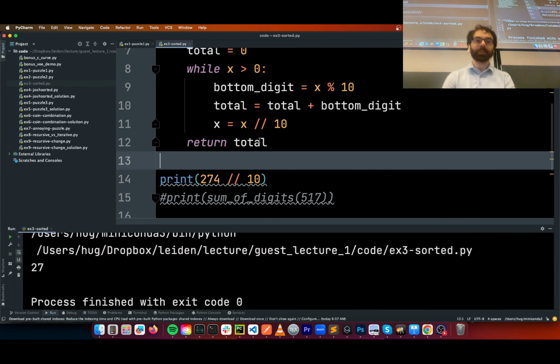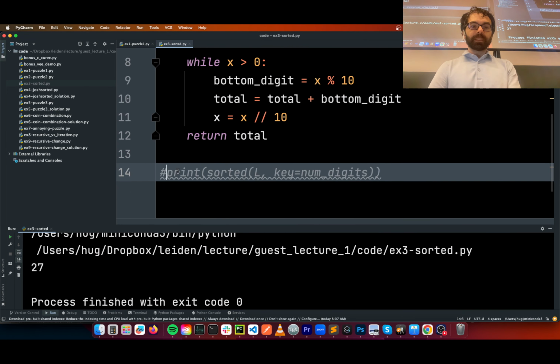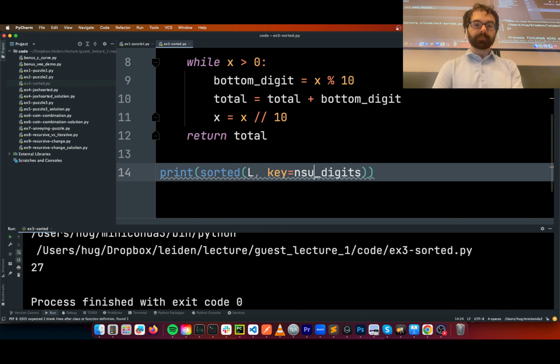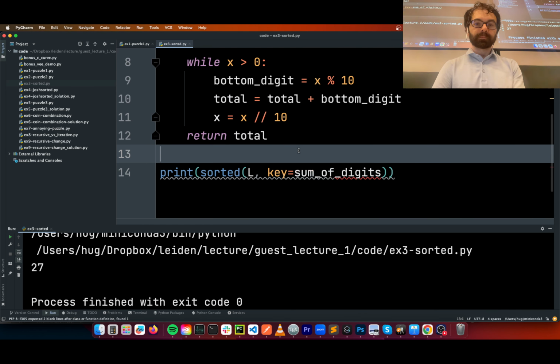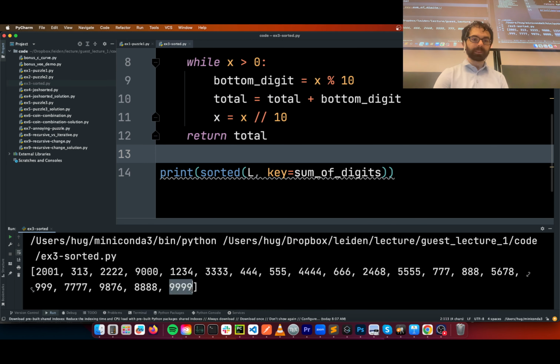Okay, so this is a powerful thing to be able to do, to say, oh, we didn't actually do the sorting. Let's sort by the sum of the digits. So here we go, 2001, that's the smallest one. Its digits only sum to 3, and it goes up to 9999. I claim that I do this sort of thing all the time. It's not clear why you want to sort numbers by some other property, but certainly there are times when you want to sort data by various properties.